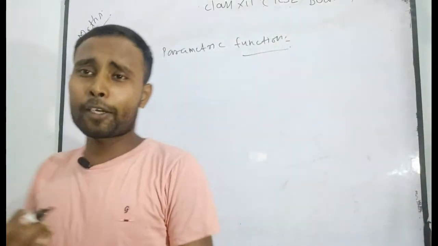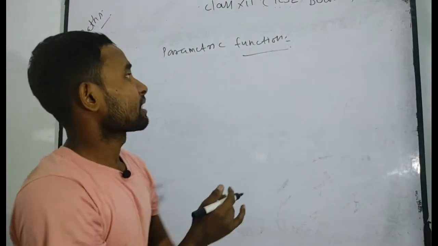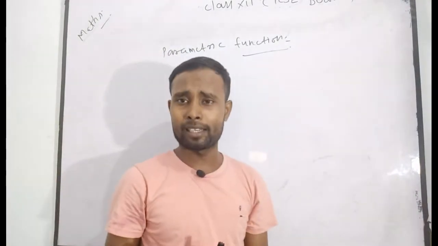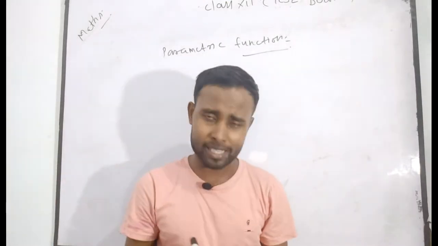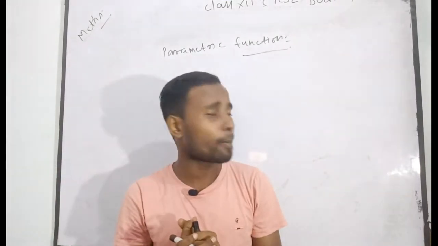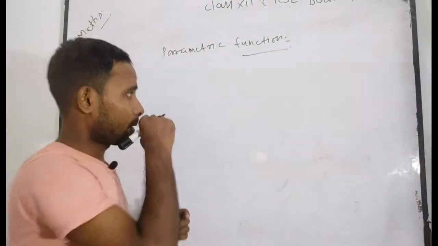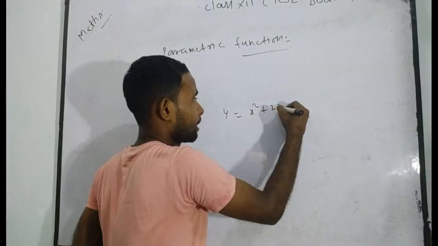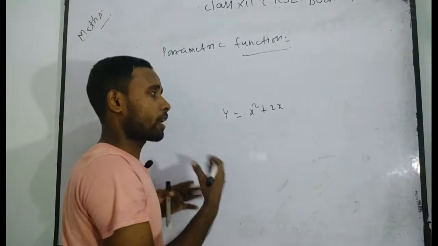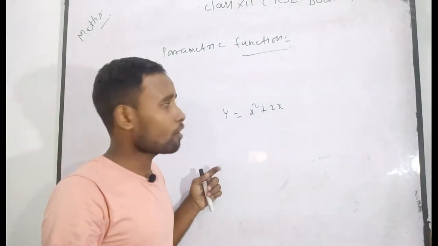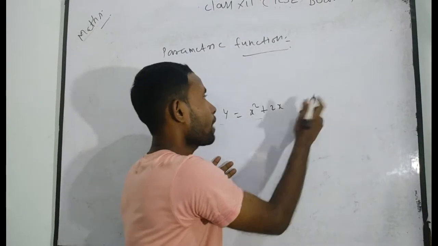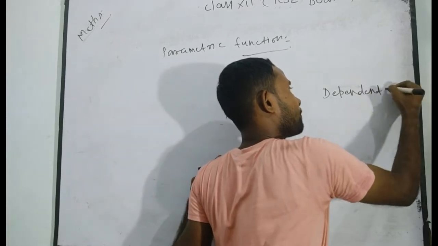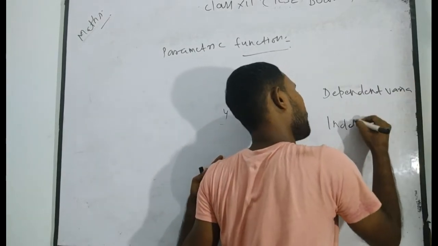Now see here. What do you mean by parametric function? As you know, when you have discussed function, either by any other teacher or by my side, when you learn about function, there is a simple concept, as in physics. Suppose that I tell you there is a given function y is equal to x square plus 2x. What is the meaning of y is equal to x square plus 2x? First of all, I explain about the dependent variable and the independent variable.